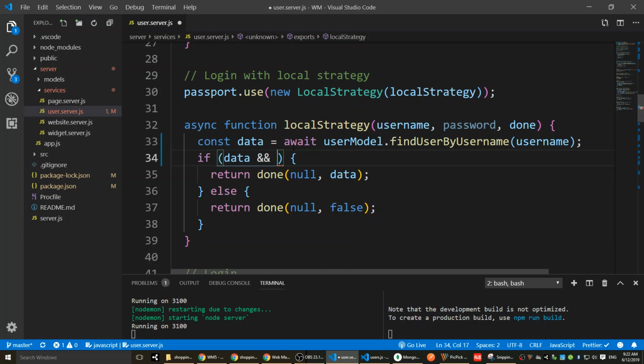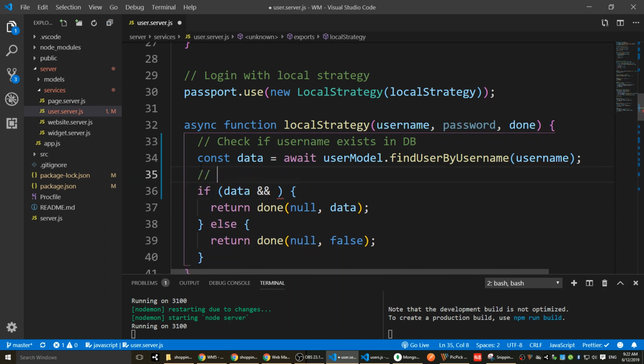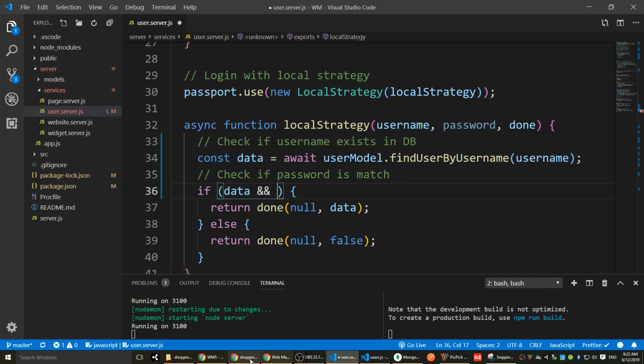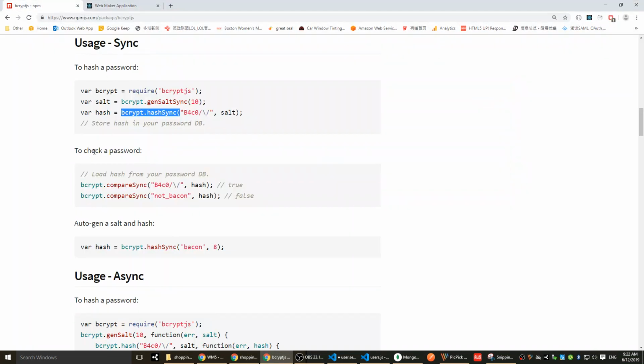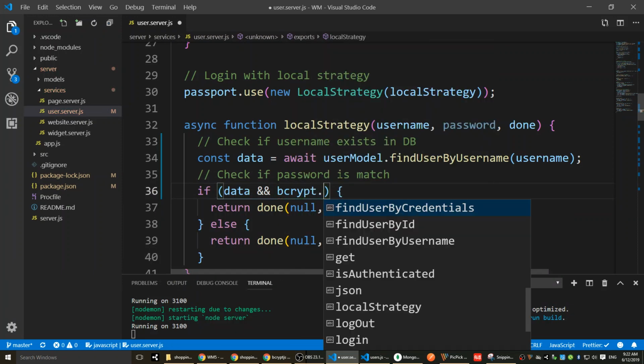Right? We're checking the username first, then we're checking the password. We're checking in two steps. First, check if the username exists in the database, right? And then we check if the password is matched. So we're going to set data, and according to the libraries we have here, to check the password, we're going to use a function called compareSync. Using compareSync, here we're going to decrypt with compareSync,